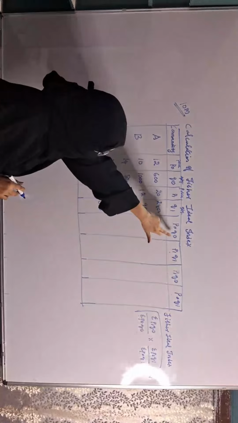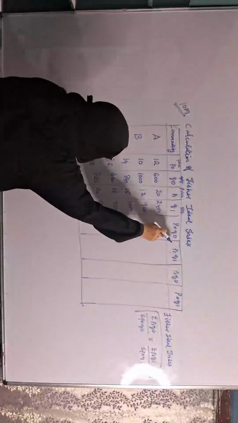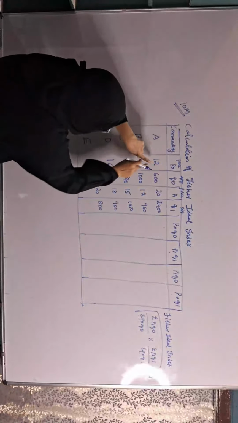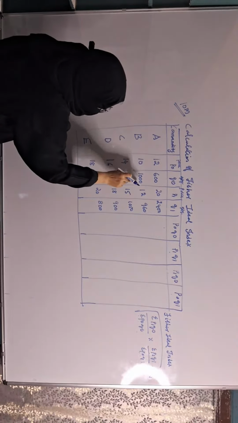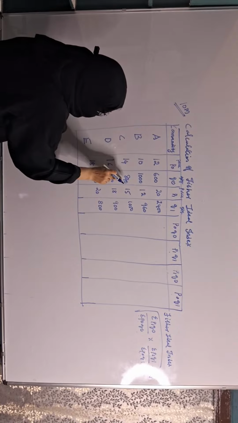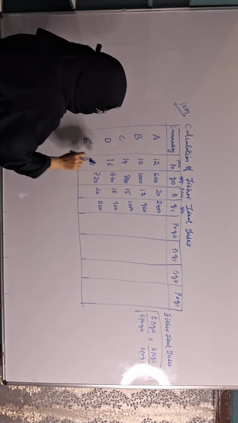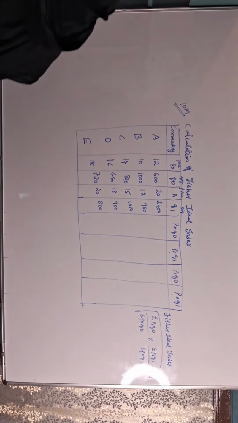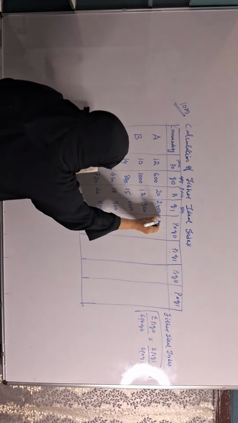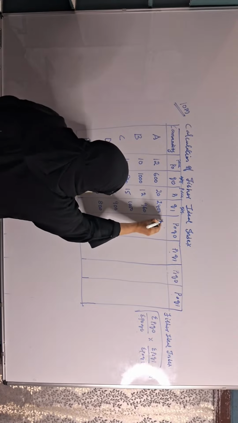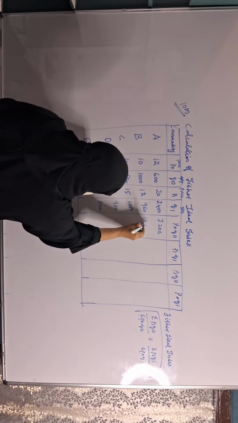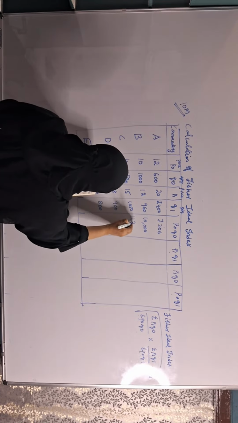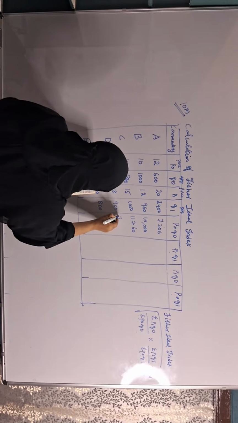अब ये sigma P0 Q0 क्या है? You have to just multiply the columns. P0 Q0, P0 Q0. 12 into 600, 10 into 1000, 14 into 840, 16 into 480, 18 into 720. बस कॉलम्स को इंटू करना है. See here, साथ में करो. First is 7200, 12 into 600, 7200, 10,000, 11,760, 7680,